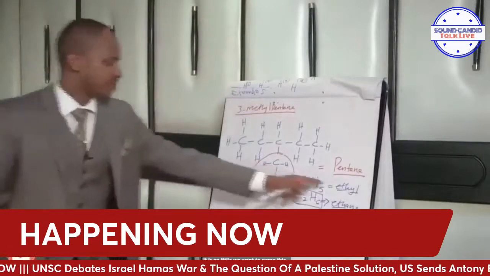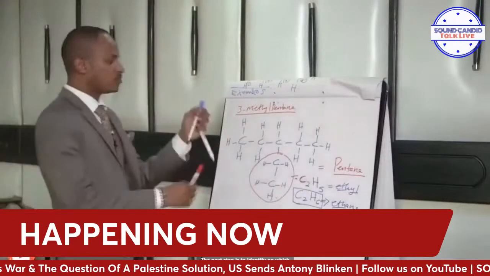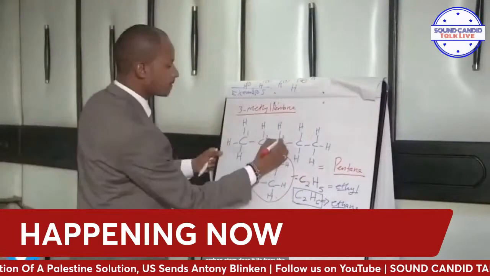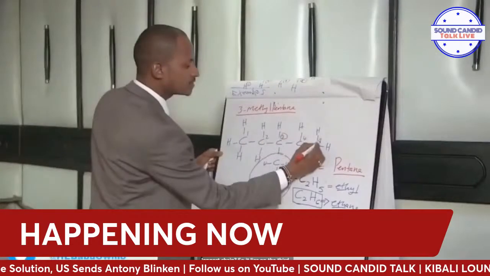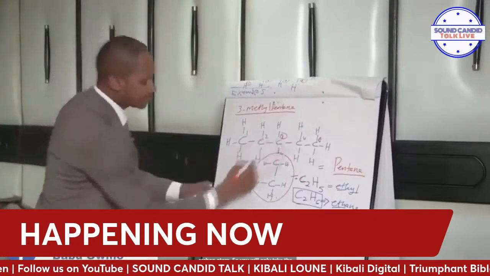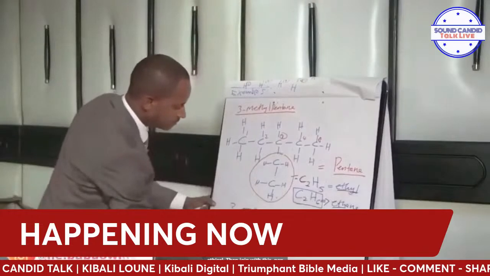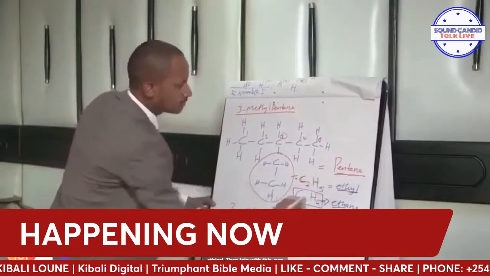If it is an ethyl, we want to name this. The next step is to identify on which carbon atom does it lie from the longest chain. So it lies on the 3rd carbon atom. So you will only take the number 3, then take this ethyl, then join with this pentane.